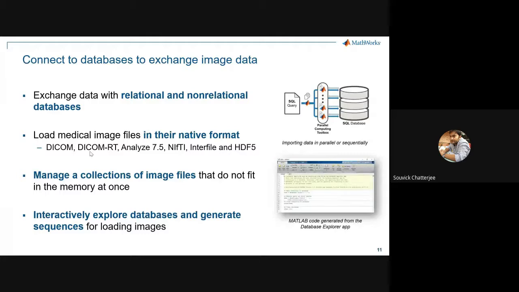There are multiple ways by which we can take images from databases, which is like a store where your images are stored. There are commands like imageDatastore, which helps in reading a lot of different images together. If any of you are MATLAB users and are facing difficulty reading a lot of images, let us know, because these things can help you.